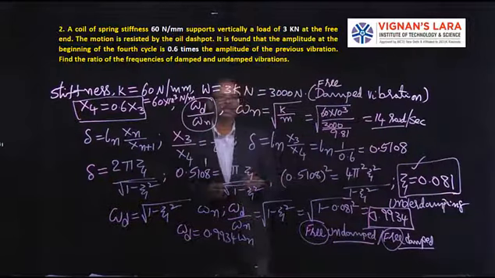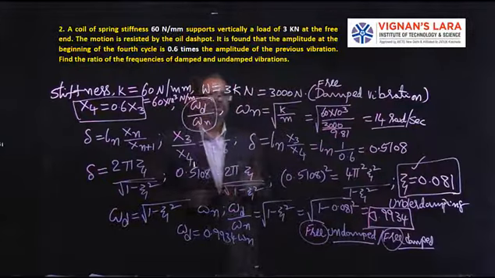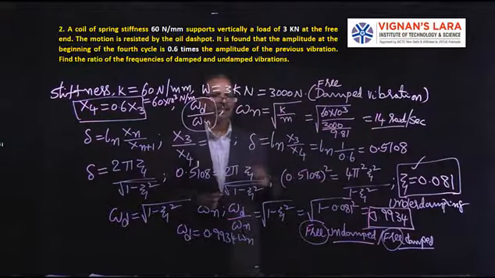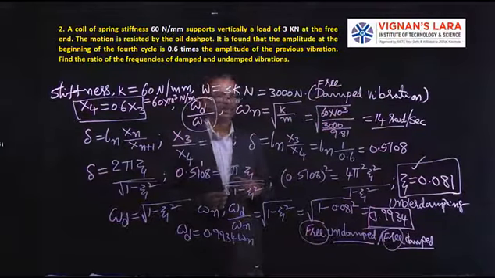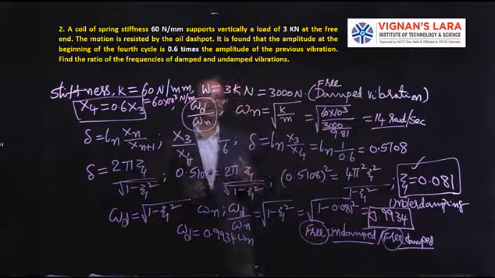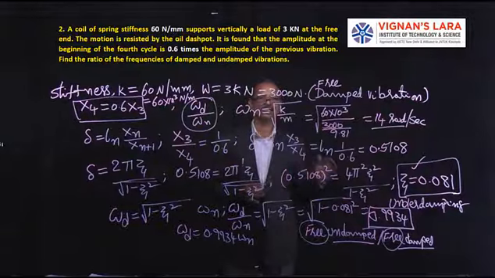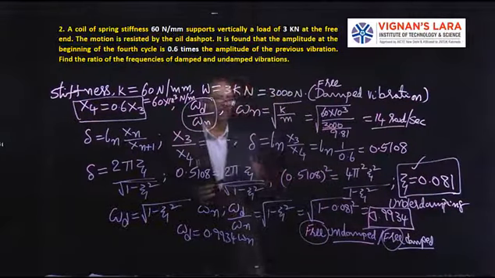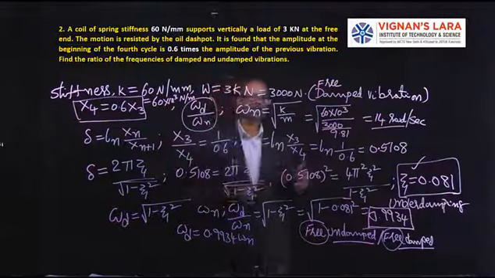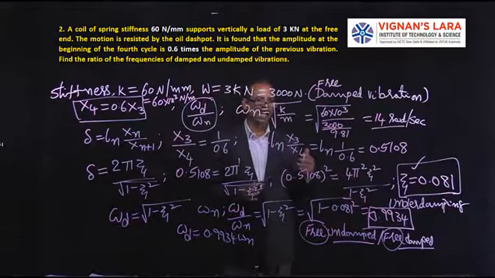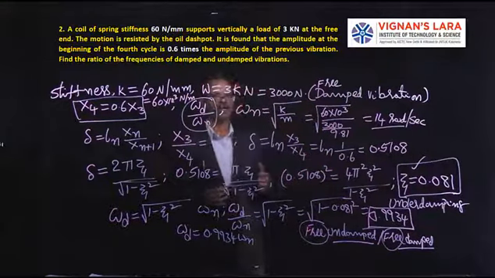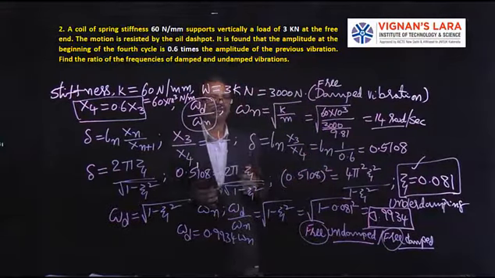In the next lecture we'll see damped vibration problems, but forced damped vibration. The two problems we have seen in this category are free damped vibration. That means damping is there, resisting is there, but no external additional force is given once the vibration has started. So this is one category, free damped vibration, and we will continue in the next lecture with forced damped vibration. That means after providing damping, an external force is also added simultaneously. That category of problems we will see in the next lecture.